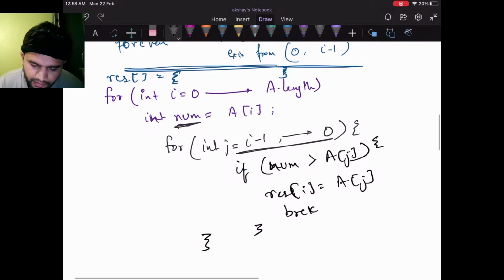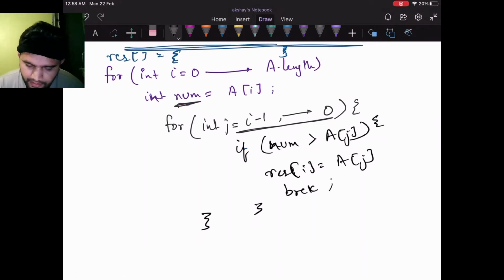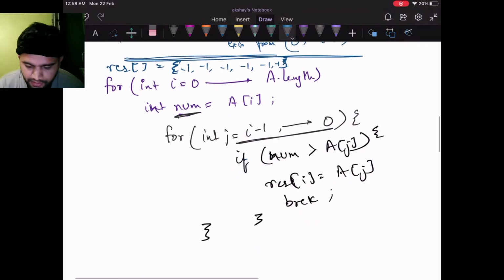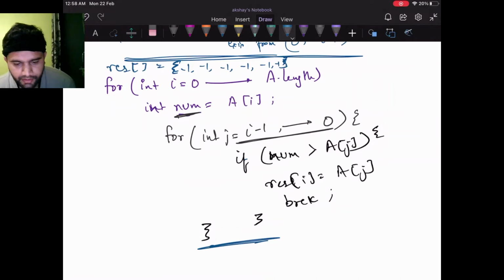Initially we can mark every answer as -1, so that we don't need to check any other condition, as it is already taken care of.